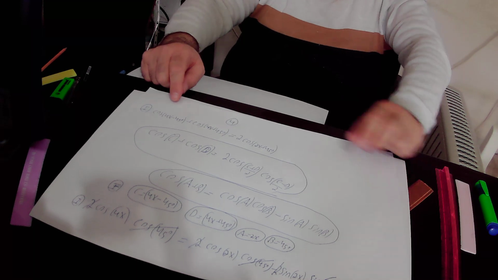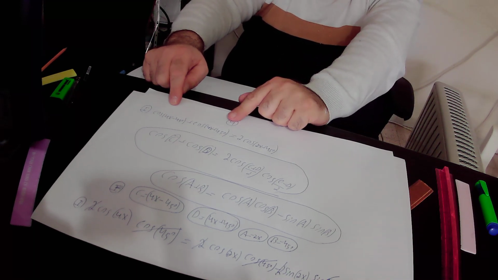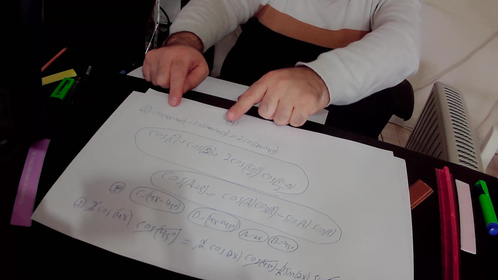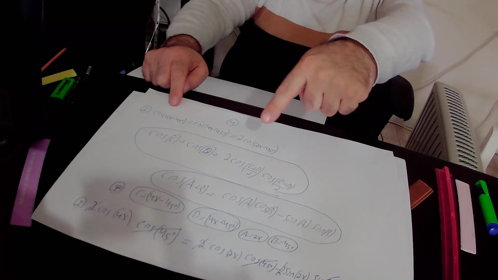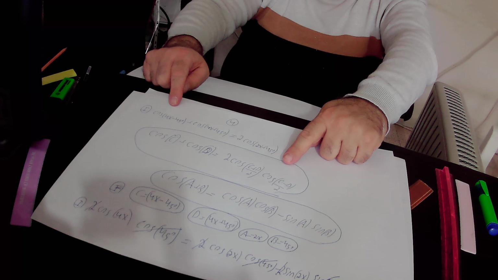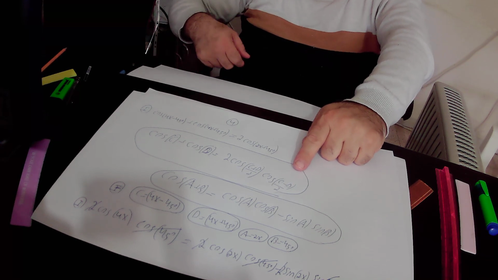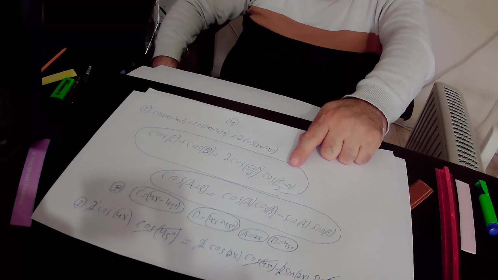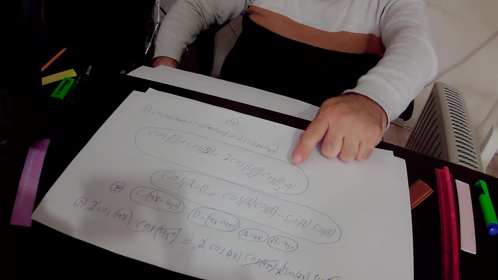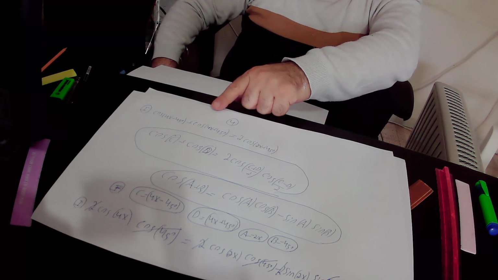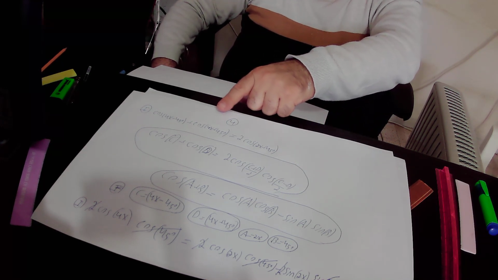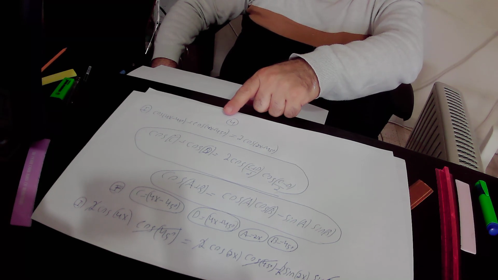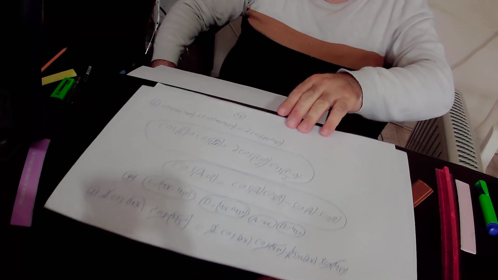So we treated those two expressions according to the trigonometric identity that cosine C plus cosine D equals 2 cosine ((C plus D) over 2) times cosine ((C minus D) over 2). And according to this identity, we will get that cosine (4x minus 45 degrees) plus cosine (4x plus 45 degrees) equals